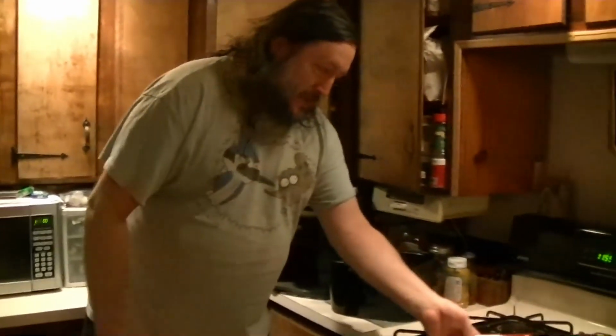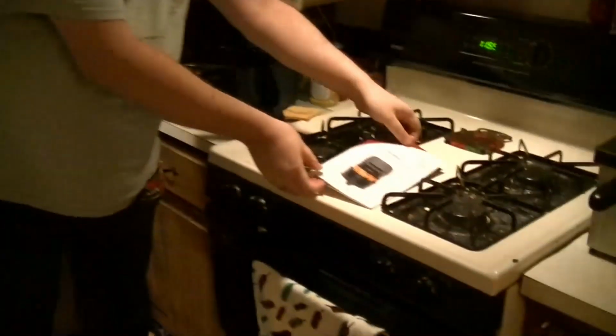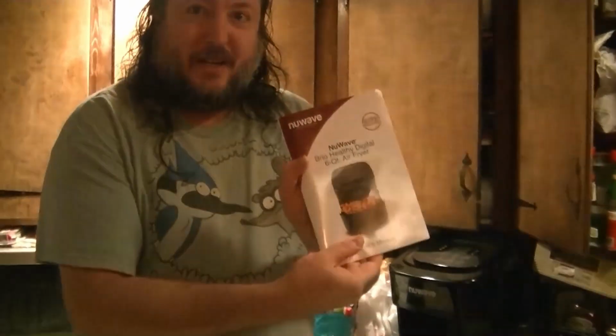That's right, you heard me, air fryer. It's not your typical deep fat fryer. It takes all of the oil out of your frying and just cooks with pure hot air. So it makes for healthier and happier cooking. And with the NuWave, you get this humongous booklet on how to operate it and so many different recipes that